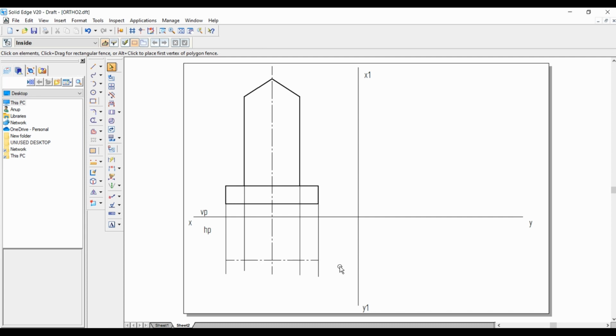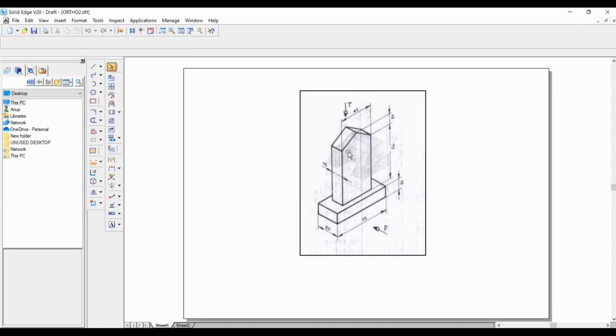Now we have to draw the top view. When we see this figure in the top view, what are the parts that are visible? The rectangle here at the bottom, that is 75 into 30 mm, and also one more rectangle, 15 mm into 45 mm. So these two rectangles are visible in the top view. First, let's draw the outer rectangle. The width of the rectangle is 30 mm, then the length here is 75 mm, that we have obtained from the front view.